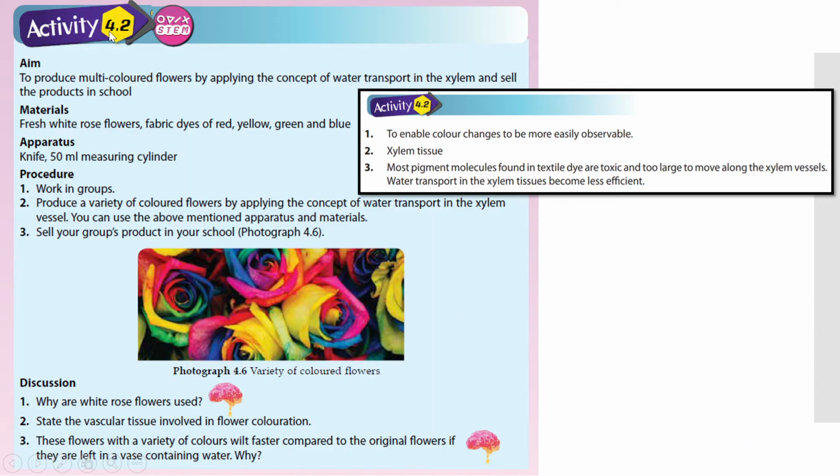Okay, there's another activity over here. Activity 4.2 is to produce multicolored flowers by applying the concept of water transport in the xylem. So you are going to use the white rose flower. Imagine the shoot or the stem, and you have to immerse it in a colored solution. So you have fabric dyes of red, yellow, green, and blue. After maybe half an hour, you can see the results already. But if you soak it longer, then you get to see